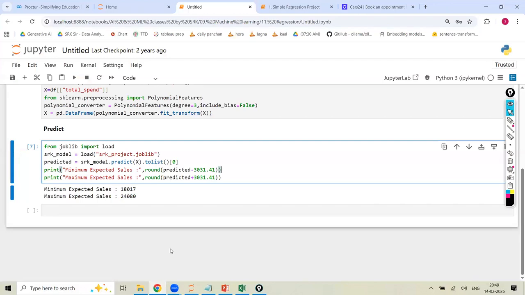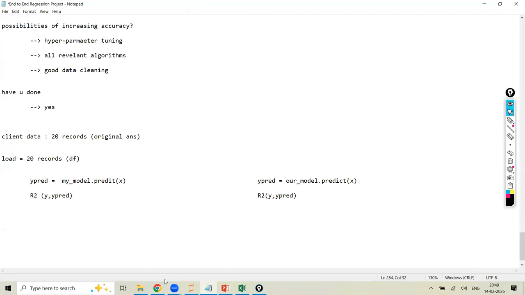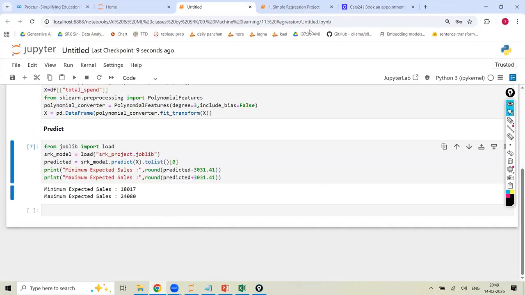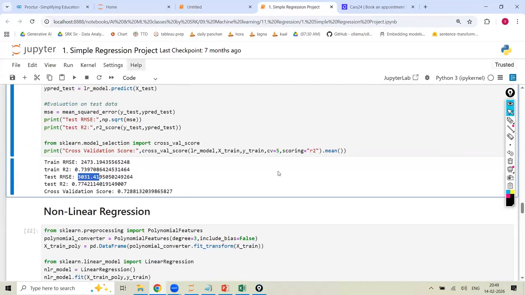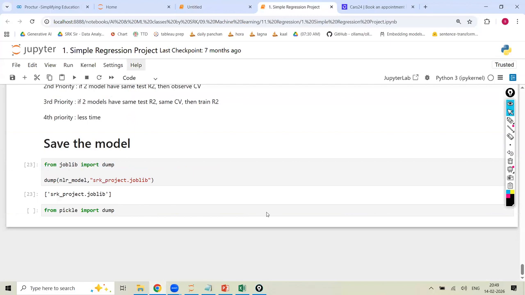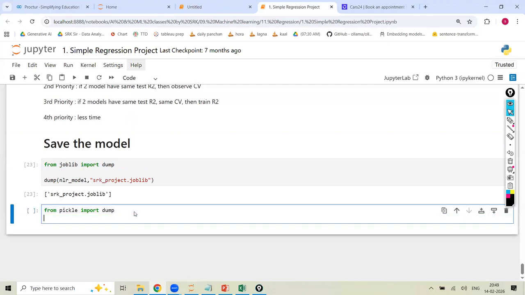Clear, everyone? Done? If you have any questions, please ask. What are the questions you are having? All the steps, starting to ending, everything is completed. Only one more thing is left. What is that one more? How to save the model in joblib I have shown. Similarly, how to save the model in pickle. So from pickle, you are going to use the same approach. Model pickle, from pickle